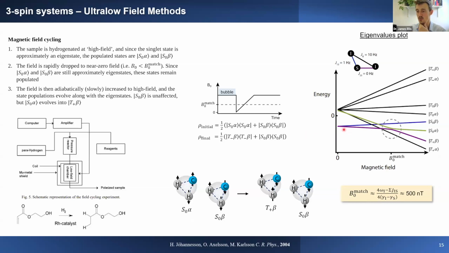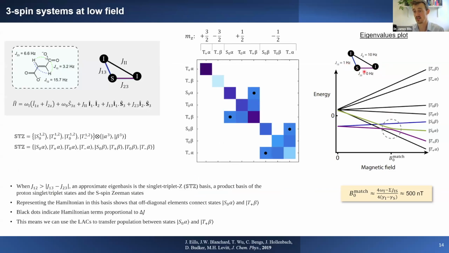This level anti-crossing diagram is a little bit exaggerated, but at zero field, this eigenvalues plot is shown for this case of sort of extreme magnetic equivalence, where you've got 10 Hertz proton-proton coupling and a 1 Hertz difference in couplings to a third spin. And so in this case, you've got a really clean, one level anti-crossing here and nothing around it. But in most real cases, these couplings are of a similar size to this proton-proton coupling. So the difference in these proton-carbon couplings